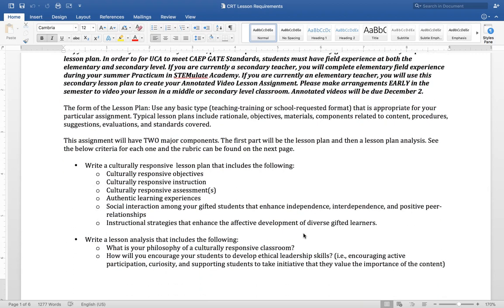So this assignment will have two major components. First is the lesson plan, the culturally responsive lesson plan. You can use any template that you would like. Any lesson plan template would work for this, as long as it has the following components. Make sure that it has your objectives. There should be culturally responsive objectives, culturally responsive instruction, culturally responsive assessments, and authentic